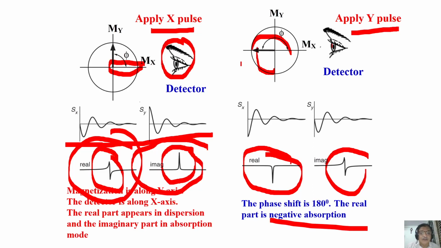Okay, after Fourier transformation, how does the signal behave? Whether the real is the absorptive component or the imaginary, is it dispersive or vice versa, or there is a mixed phase. This is how you can play with the pulses, play with the direction in which you are going to apply the pulse, and manipulate the direction in which you can flip the magnetization. That is a very, very important concept. Remember, this is what people do when we design the pulse sequences.